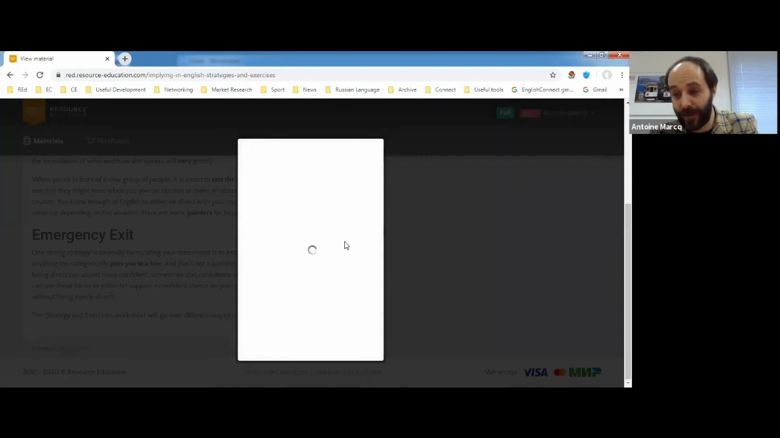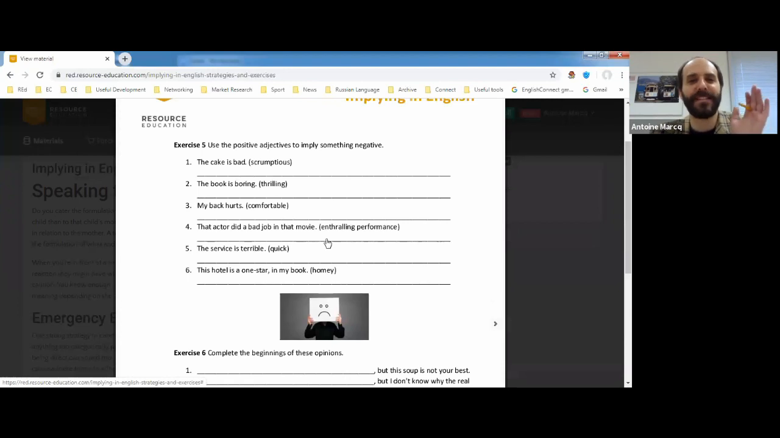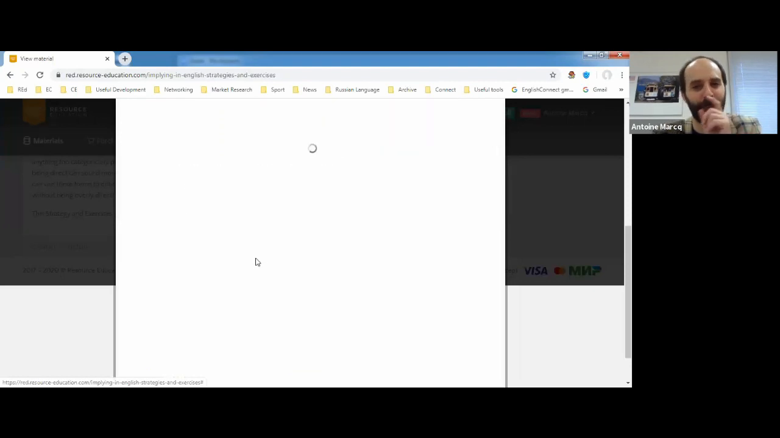Page 6 and 7. This is on using negatives. So use the positive adjectives to imply something negative. Exercise 6, complete the beginnings of these opinions. But this suit is not your best. But I don't know why the real estate agent showed us that apartment. Blah, blah, blah, blah. And finally, last page,